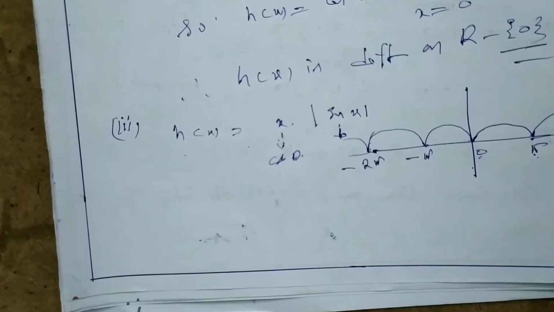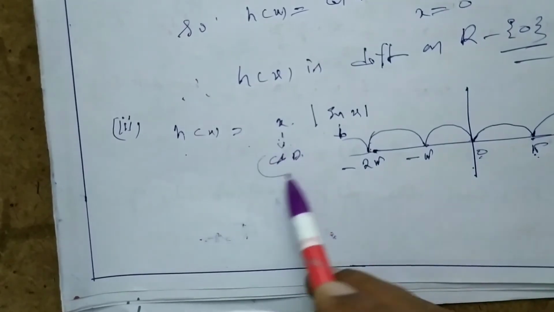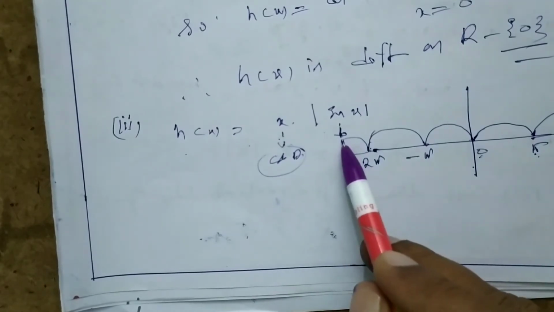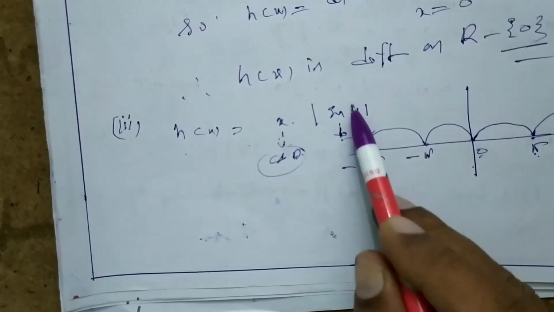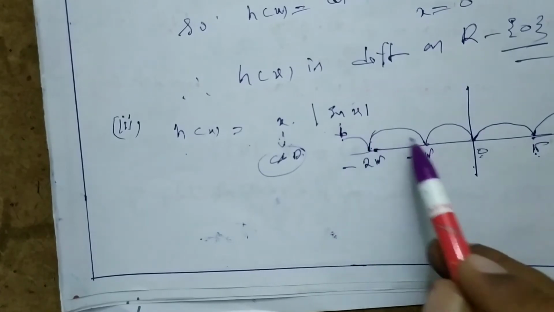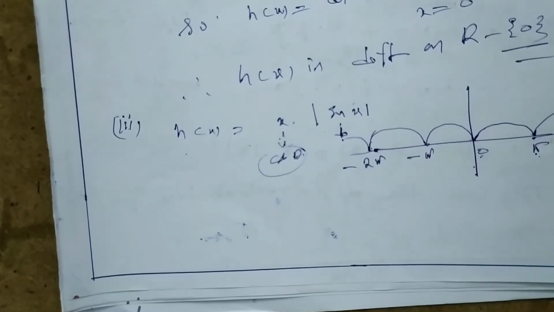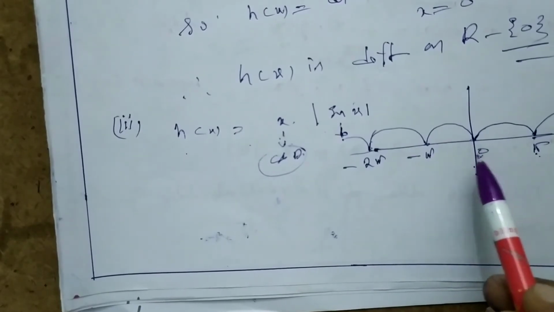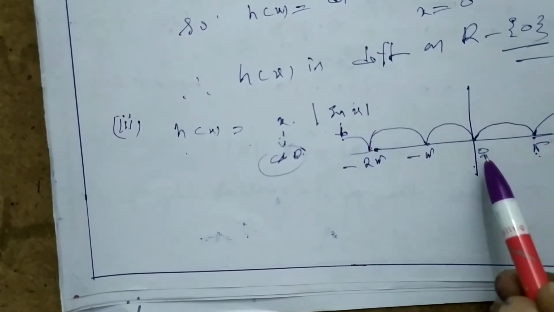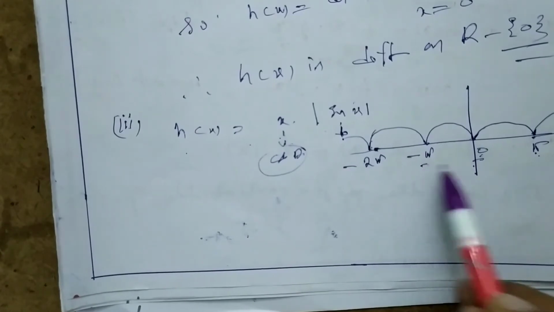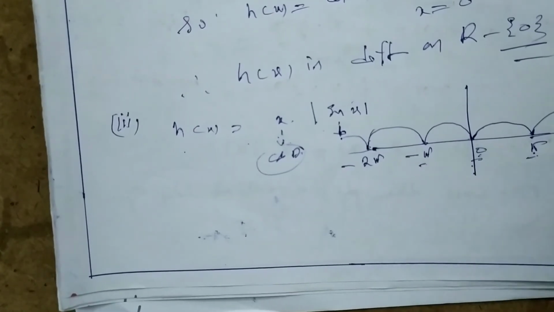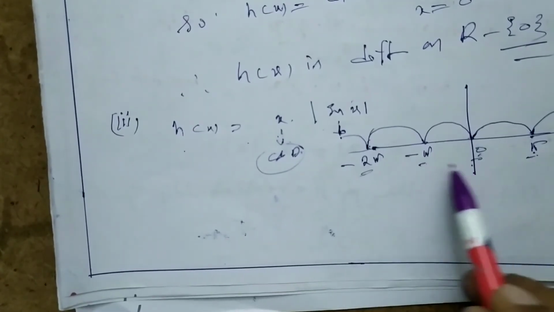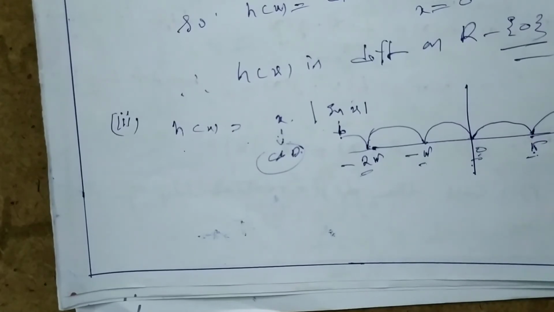So to discuss the continuity and differentiability: yes, the first function is continuous and differentiable, the second one is not differentiable in this case, but it is continuous everywhere. The function modulus of sin x is continuous everywhere. We should remember that it should be continuous also. So at which point is it getting a problem? At the multiples of pi.